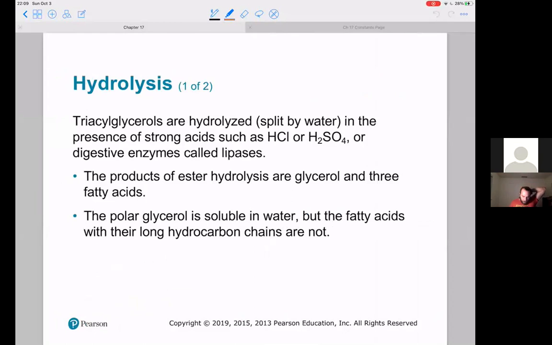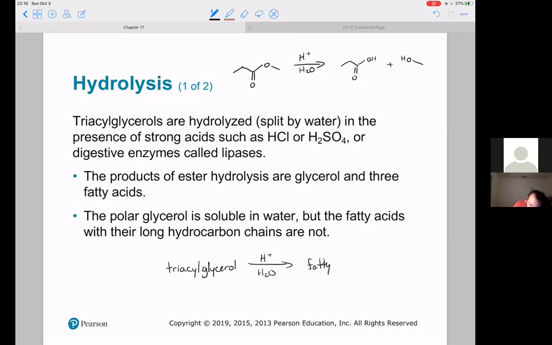All right, so hydrolysis, we talked about the hydrolysis of esters before, right? So what happens when we take an ester and we hydrolyze it in the presence of acid? We break it into its carboxylic acid components and its alcohol components. So that's going to be the same thing here. We're going to see that we take a triacyl glycerol, and in the presence of acid and water, we break it up into the carboxylic acid component, which we